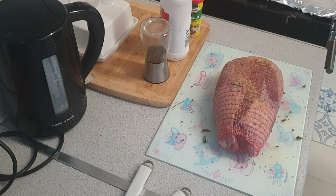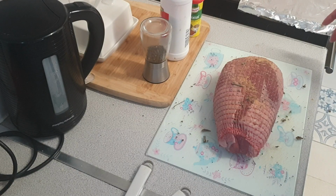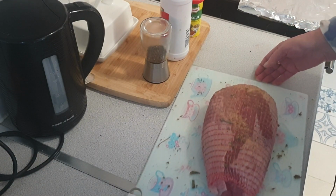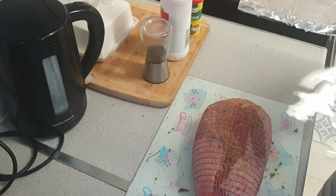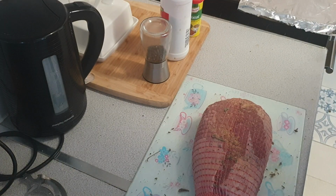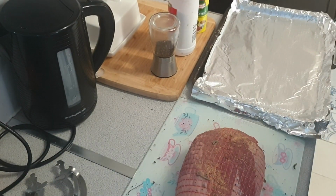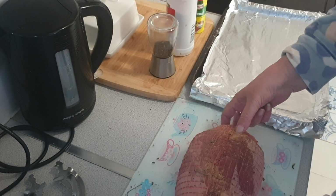Now, what they say to do at first is to sear your beef. So I have my electric oven up maximum, which is probably about 230. So I'm going to pop this onto my roasting tray, but I'm going to put the lid on the sage first. So I'll pop this on my roasting tray and pop it into the oven